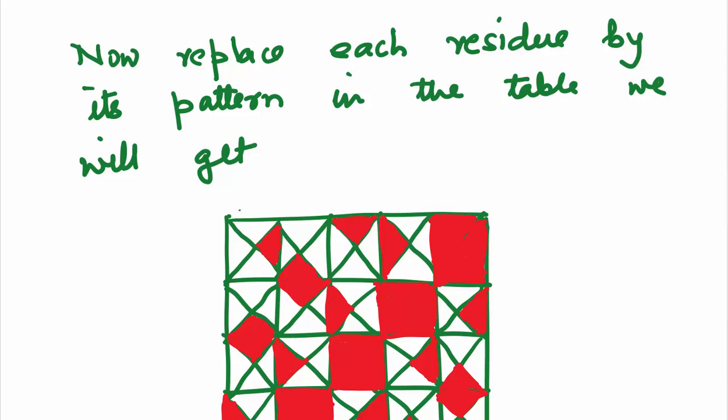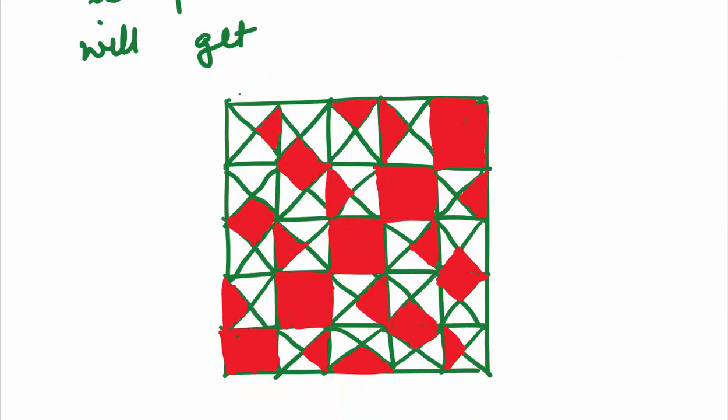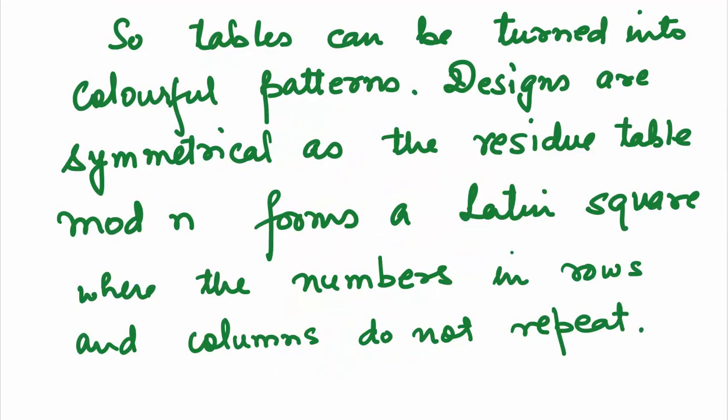In the table, if you replace each least residue by the pattern it's assigned to, we will get such a lovely table. You can even have different colors for different squares. So the tables can be turned into colorful patterns, designs are symmetrical. As the residue table modulus n forms a Latin square, you must have noticed the numbers in each row and